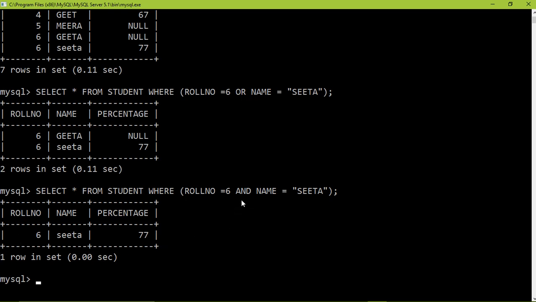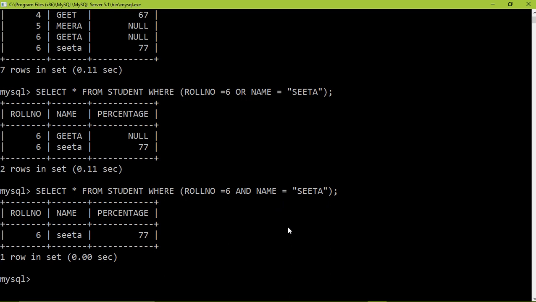Reason, AND means it will be executed only when roll number is 6 and name is Sita. When these two conditions are satisfied, then only you will receive the output. So in this case, when roll number is 6 and name is Sita, that output only is to be received. I hope it is clear to all of you. Fine. So this was the usage of AND and OR operators.